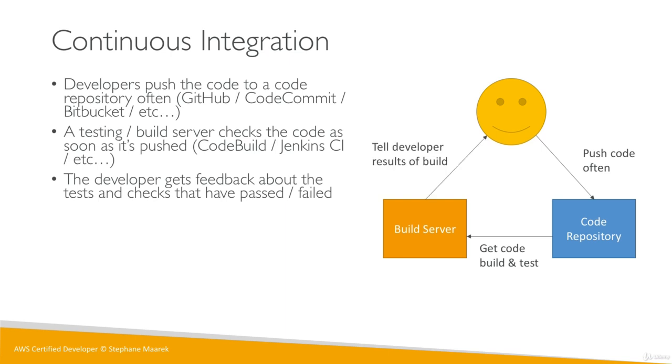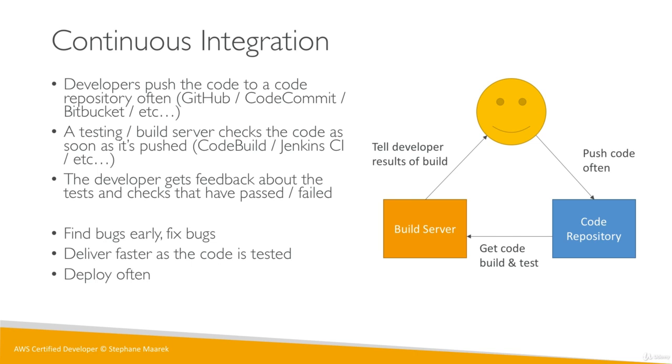And so the build server comes back to us, maybe with an email, maybe with a user interface, UI you can look at, but the developer can get the results of the build. And so the developer can spend more time creating code and pushing often, and then the build server does the work to just check what is happening. So the goal of this is to find bugs early and fix them early as well. It is to deliver faster as the code is tested continuously. It's to deploy often in the end, so we'll see this in the next slide. And it's to make developers happier as they're always unblocked in their workflow. They don't have to spend time waiting 15 minutes for their code to be tested.